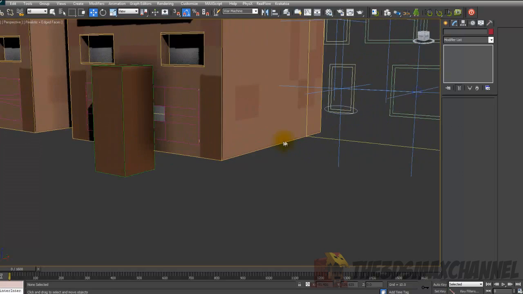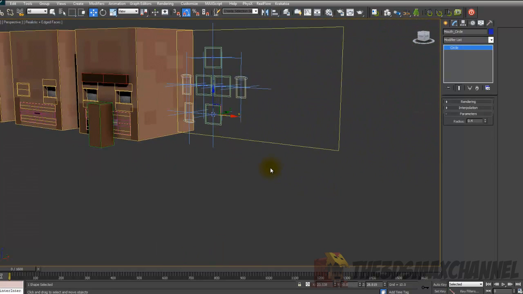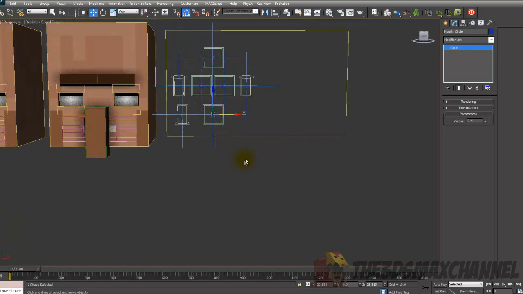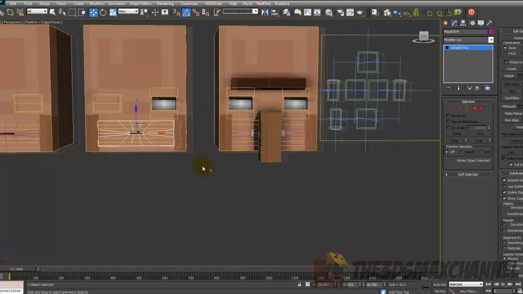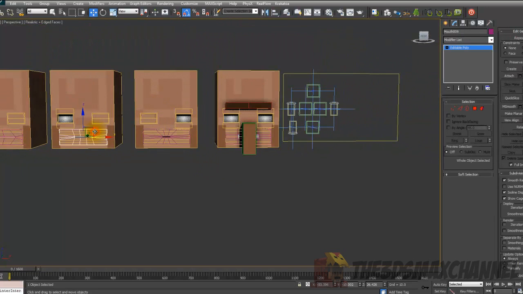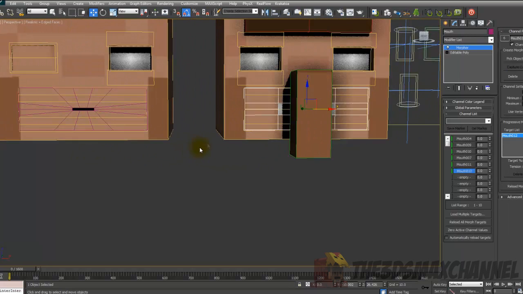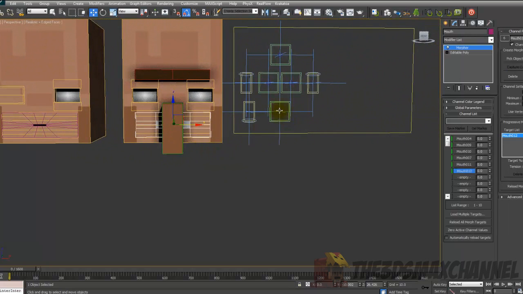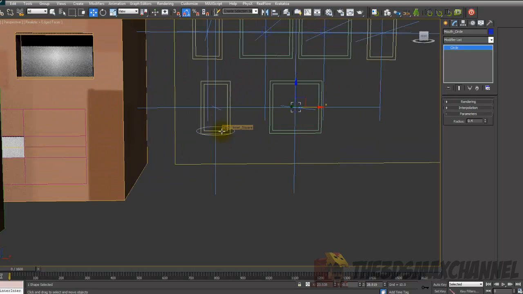So now we just need to add them onto the control panel. You can name them if you want, which would be a good idea, but I'm not going to. So just like we did with the eyelids and the teeth, just select the